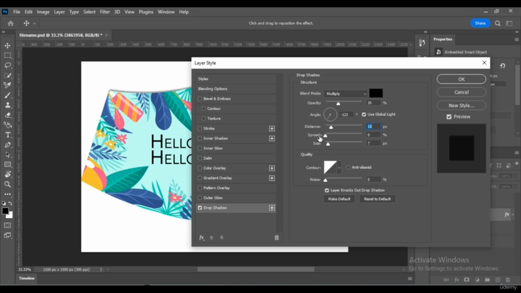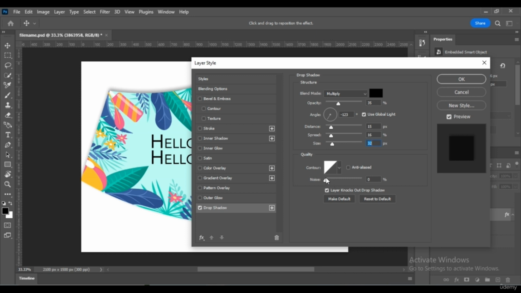Spread. This controls the area covered by the dark part of the shadow. Size. It controls how far the shadow goes. It doesn't include the dark part.